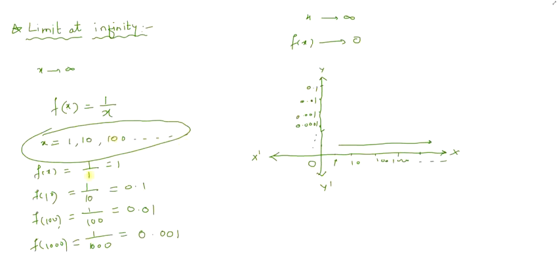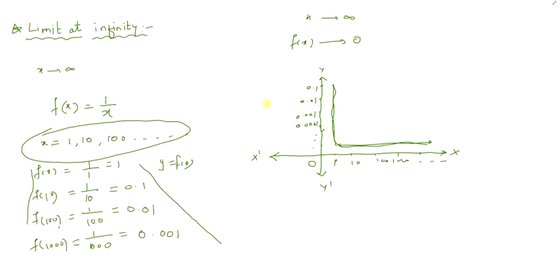As x increases, then what about this f? It starts to decrease. And we denote f(x) by what? y. That is, here y tends to decrease. That is, from 0.1, it tends to what? 0. Like this one. So, as x tends to infinity, y tends to 0. And this is the required curve or graph of the function.